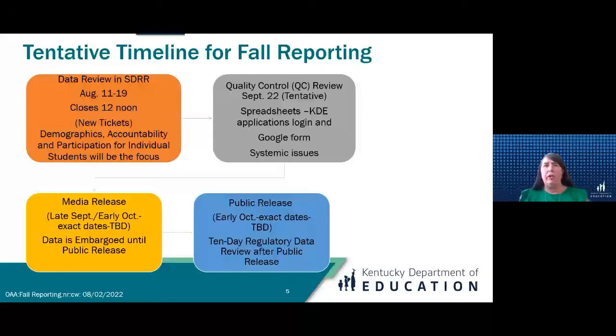Also for QC Day, we have non-disclosure forms that you'll have to fill out prior to QC Day and submit to us before you'll be able to see your data in the web applications login.